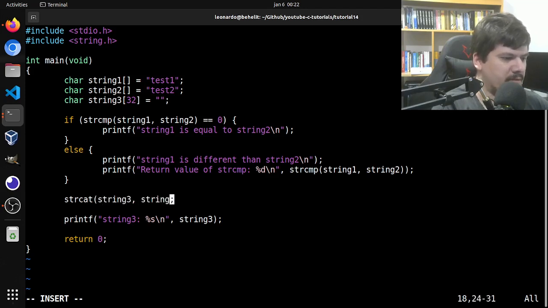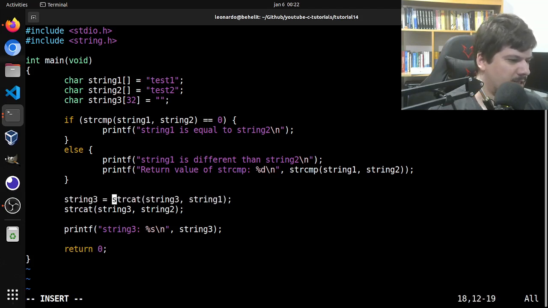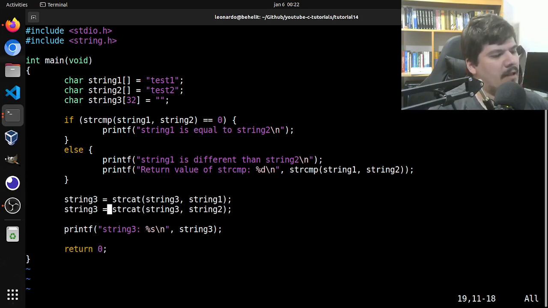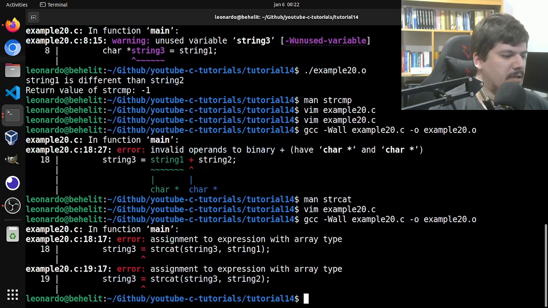Remember, it's our destination. And then we append string 2 to string 3. Okay, so that's how we would do it in C. So string 3 equals strcat, string 3, string 1, and then string 3, string 2, and then we print the contents of string 3 and